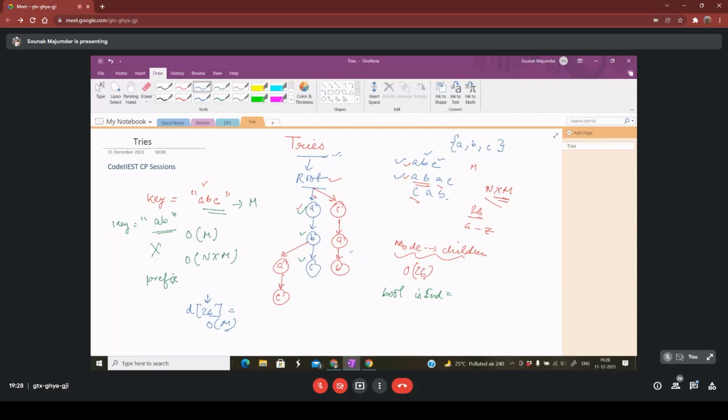In competitive programming, let's say the value can be at most 10 to the power 18. Not even that, it's maximum 10 to the power 9. So 10 to the power 18 has 18 characters. But if you are doing it with strings, the number of characters can be huge, 10 to the power 5 itself. So whenever you see a problem with strings, you have to do it in an efficient way.